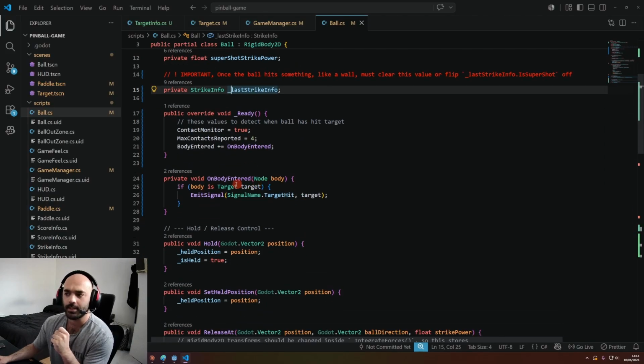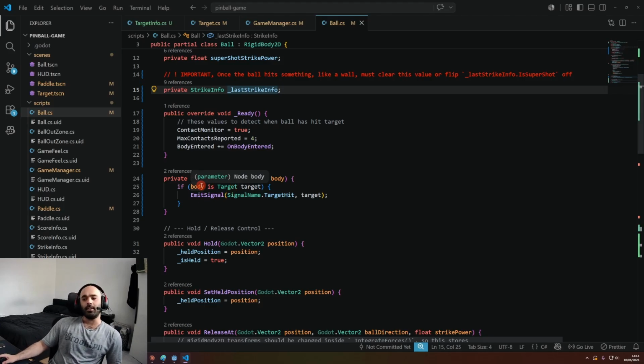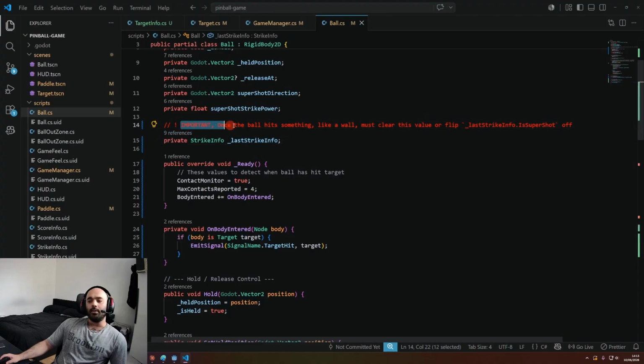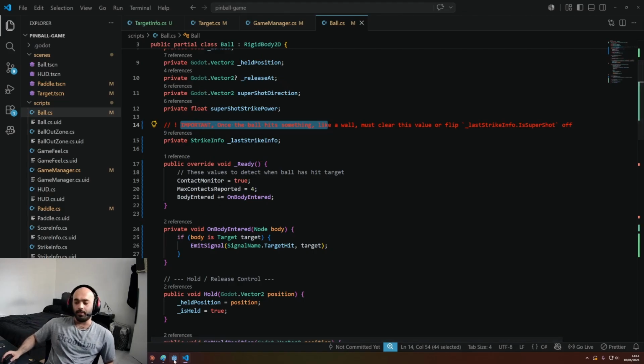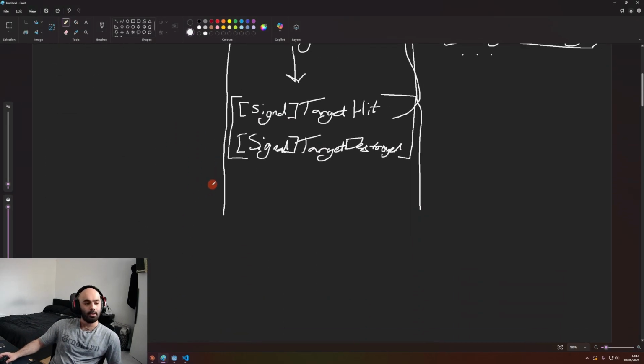But what I want to do, since this is a rigid body 2D and I've got its own on body entered, and I'm checking, okay, if it's a target, then emit that I've hit a target. I would want to later on include some other things on body entered to detect, okay, once I've hit something, once I've hit the wall, or once I've hit the first thing, then switch is super shot off, because that way, I can kind of show you